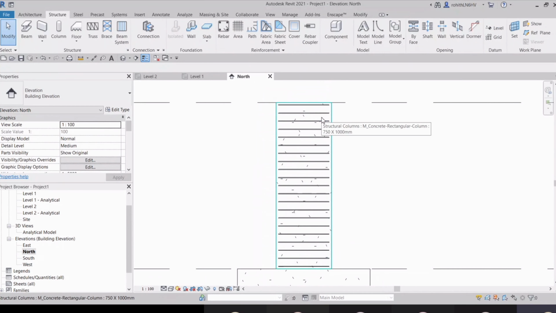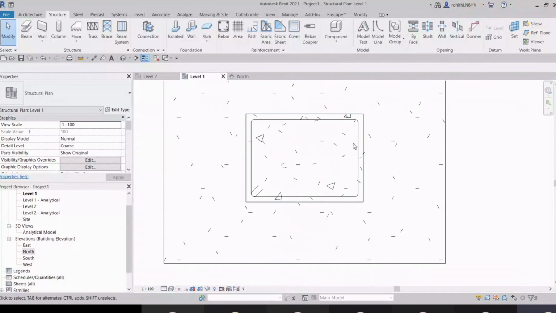We have it from four sides: from this side, from the bottom, from the top also. We have horizontal covers and we have vertical covers also.